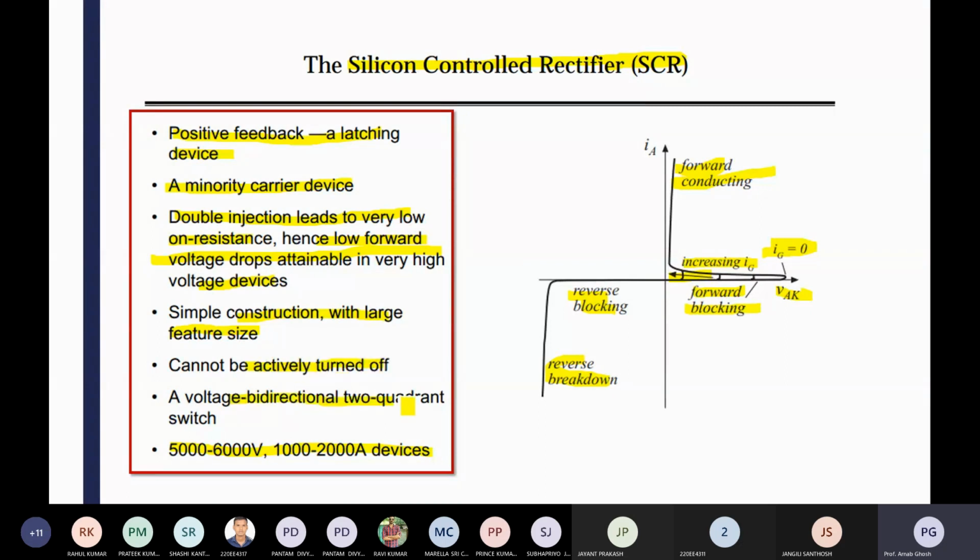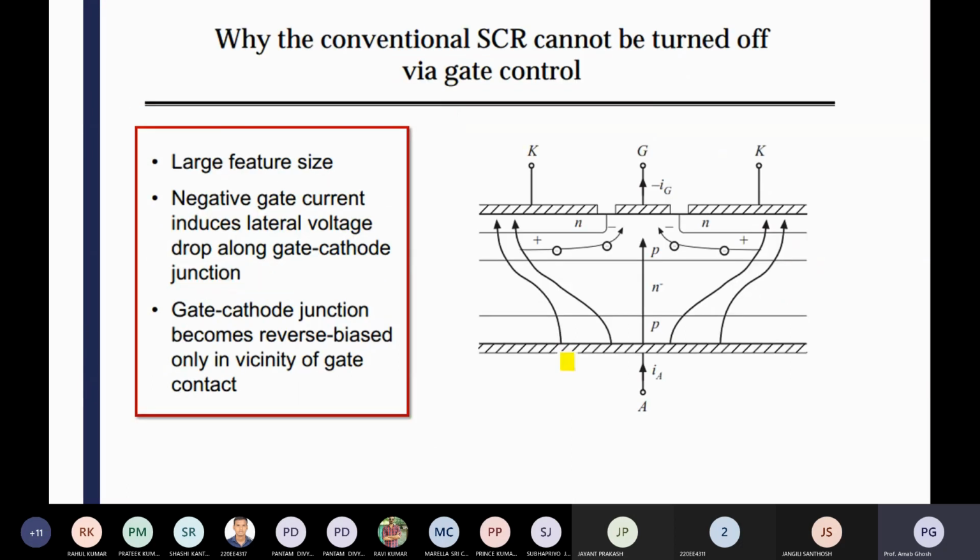Here you can see the construction, again with current flowing vertically. It is P, n minus, P and n, P, n minus layers, where two n layers are connected. So there is the cathode, the gate and the cathode, and the rest is the anode. IA is the anode current, and minus Ig you are giving.